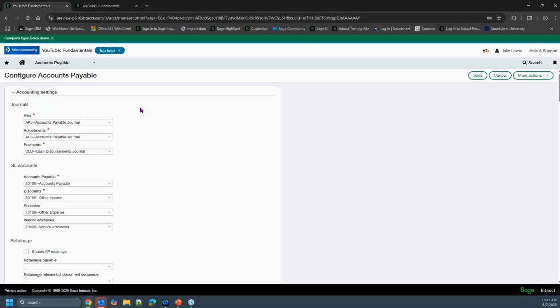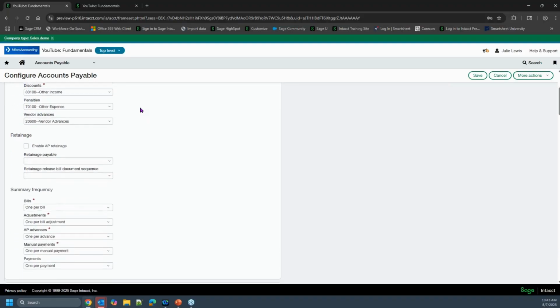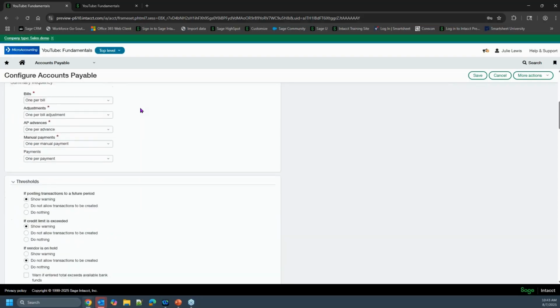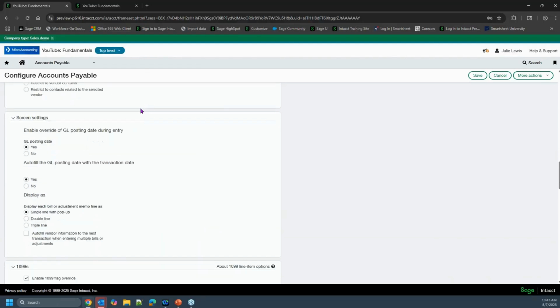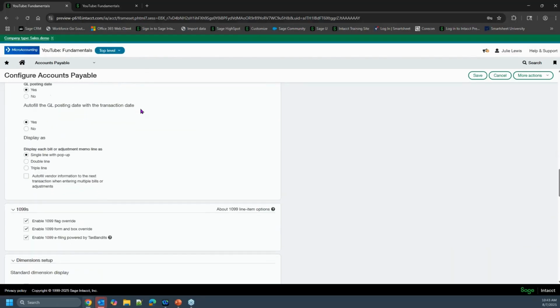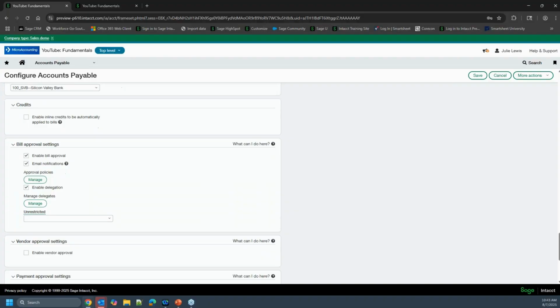So I'll scroll down, and again, you have to have the right permissions, and we'll talk about that in a minute just to reiterate that. But if you scroll all the way to the bottom within the configuration, if you have the proper permissions, it's almost there. And if you're already using bill approval, these two buttons most likely would already be checked.